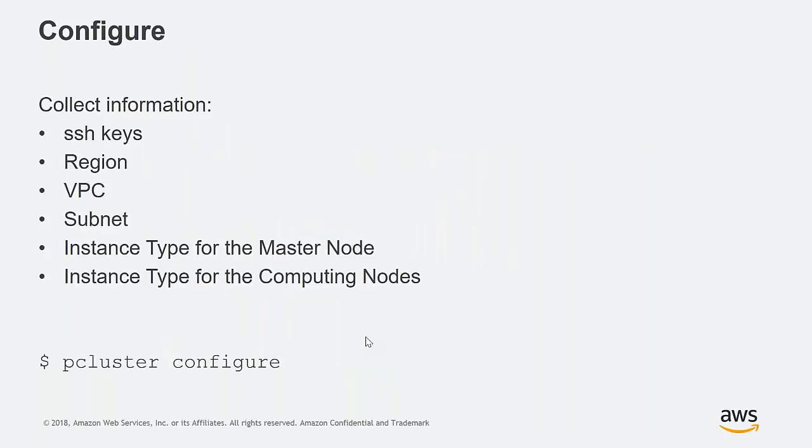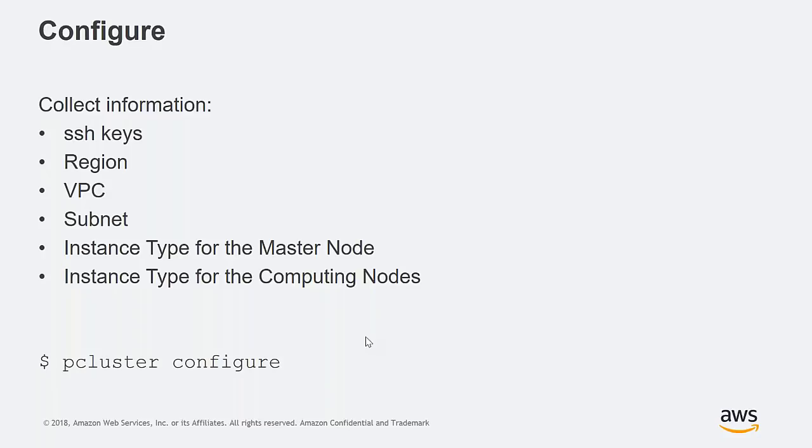Okay, so we have installed it. Now let's jump to the configuration. Before we start, there is some information that you have to collect. First of all, the SSH key that you want to use to connect to your master node. Then obviously you have to select the region where you want to run it and the VPC that you want to use. Then you also have to select the subnet where your EC2 instances will be deployed. And then you have to select the instance type for the master node and another instance type for the compute nodes. You can use the same one, but usually the compute nodes are the ones that will actually run